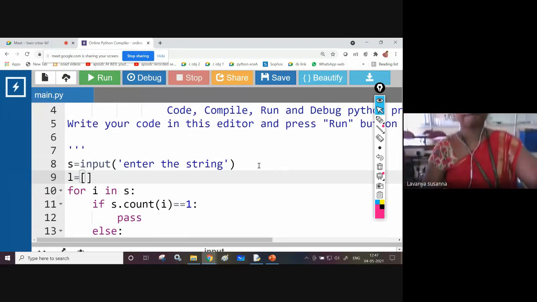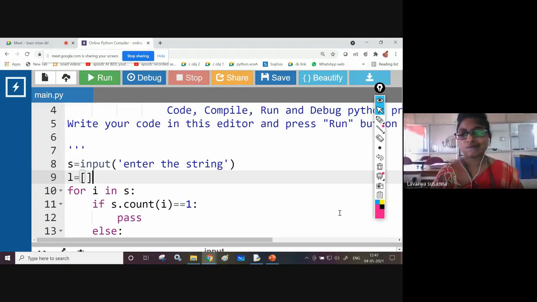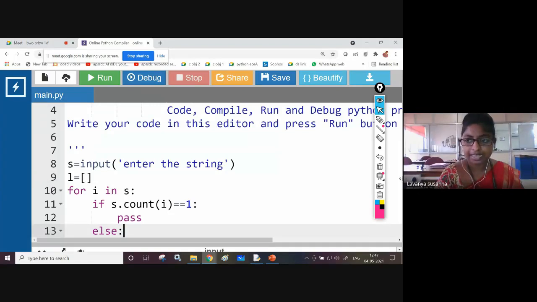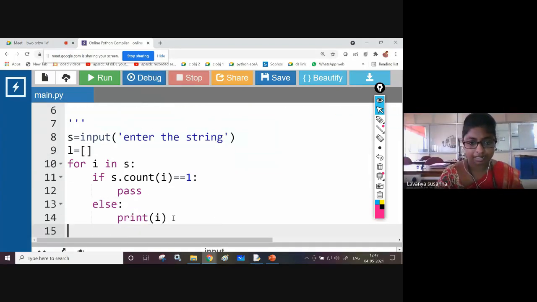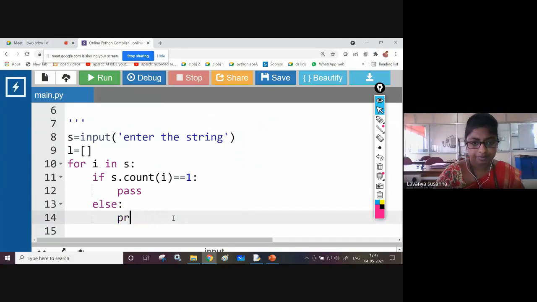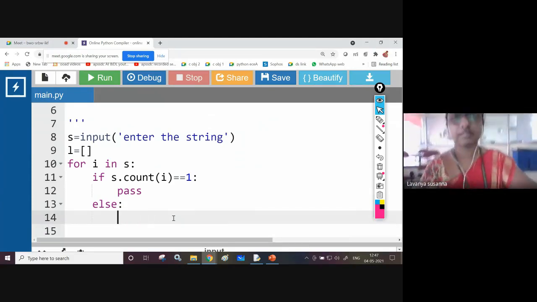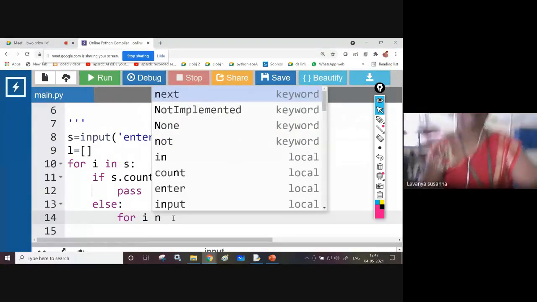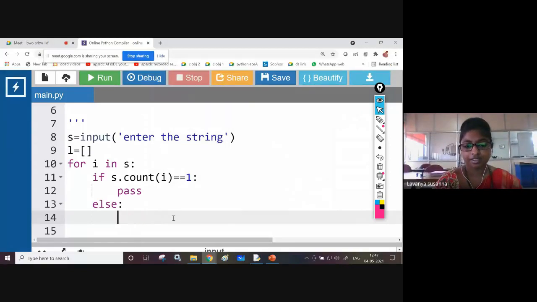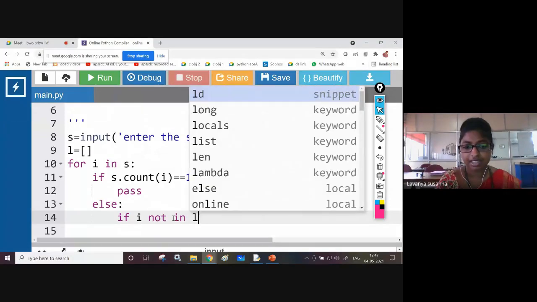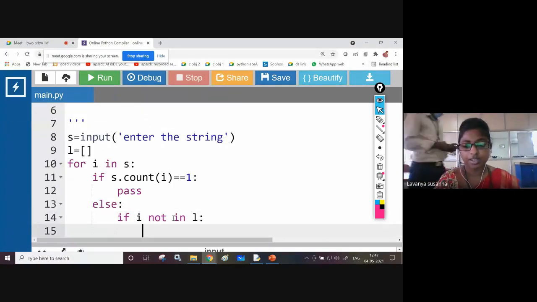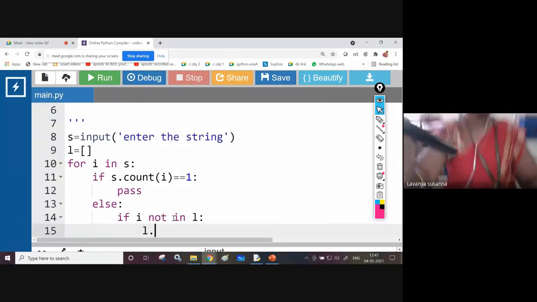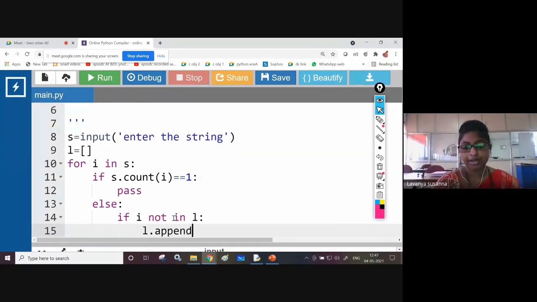Next, in else I am not printing directly. What I am doing: for i, if i not in L, and only then you append: L.append(i).